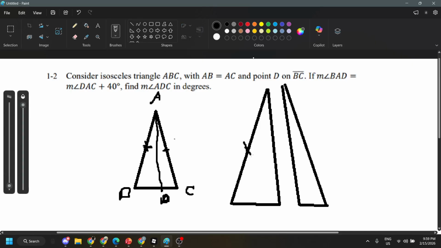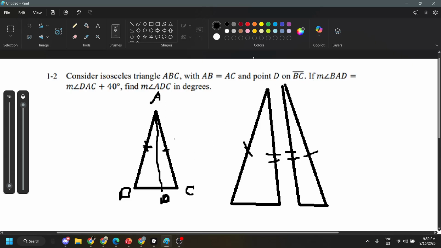This is congruent to this, and this is congruent to this. But it's configured differently. Which means they are not similar nor congruent. Okay. But we do know